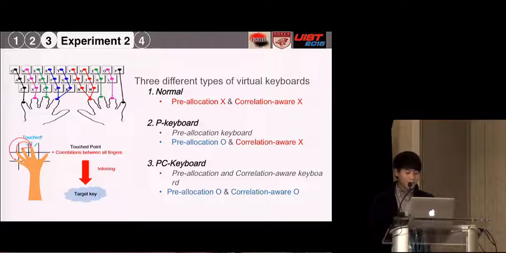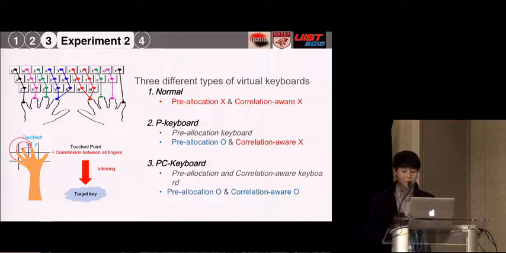For performance comparison, 3 different types of virtual keyboards were implemented using the same experimental setup. First, the normal keyboard was a virtual keyboard without our two observations. Second, the pre-allocation keyboard, or P keyboard for short, is a virtual keyboard with pre-allocation of keys but no multinomial logistic regression. The last keyboard is the pre-allocation and correlation-aware keyboard, or PC keyboard for short. Our two observations